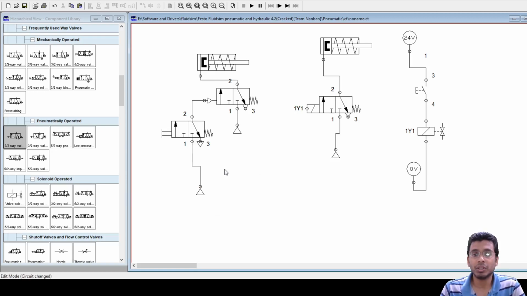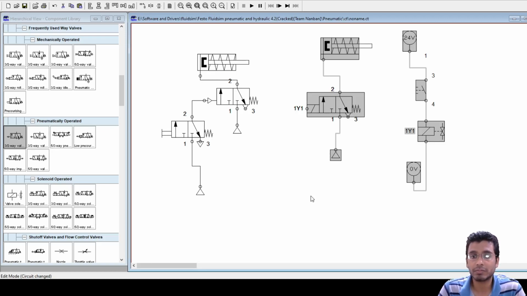Similarly, okay, you have indirect control of your electro-pneumatic system. So in the electro-pneumatic system, this is of course the electro-pneumatic portion. In this, will there be any change in the pneumatic portion of the circuit if I want to incorporate indirect control here? No, sir. Good. Why? Because the indirect control we do using a relay. And where are you going to put the relay? In the electrical portion of the circuit, right? So that means this portion is going to remain the same.